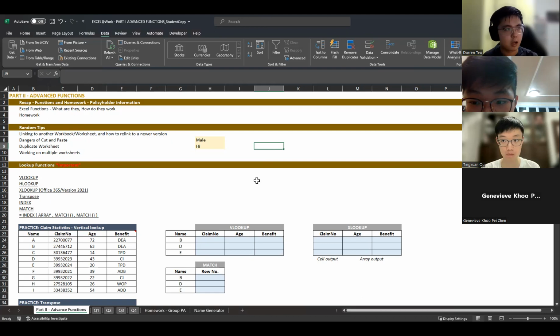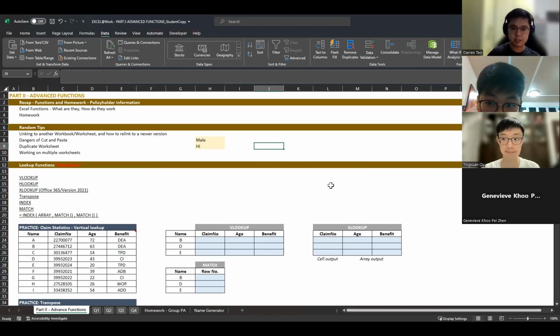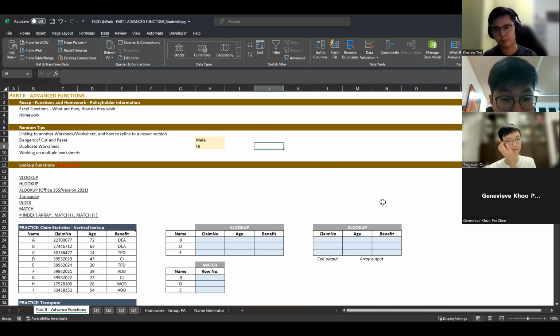This is good when you have a lot of workings in your hand and you want to submit to someone that doesn't really need to know what you're doing behind the scenes. You can use that to break the link, and then send the file to whoever needs it, maybe someone that's not in the actual department. That will help them not feel so stressed when they look at the formula. So that's how I usually do it. But of course, you save a copy of your working file before you do that.